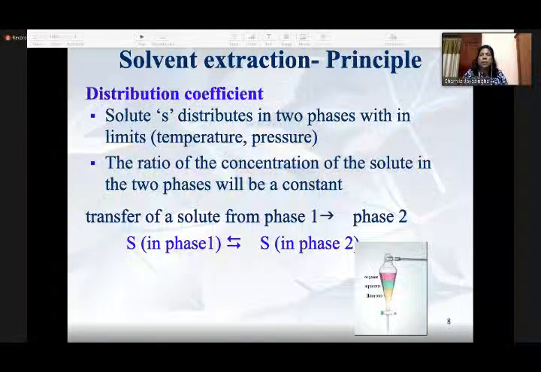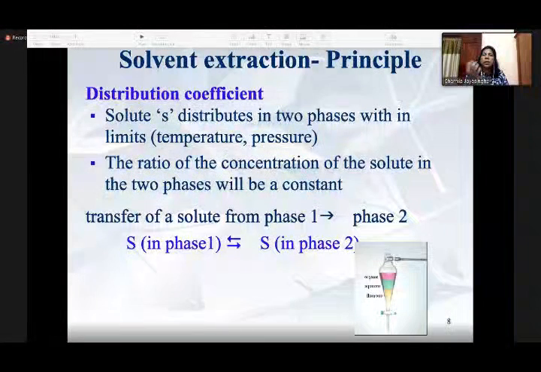Distribution coefficient is the new term I think you are going to learn. Solute S distributes in two phases within limits, maybe temperature and pressure, because the distribution coefficient depends on the temperature as well as the pressure,